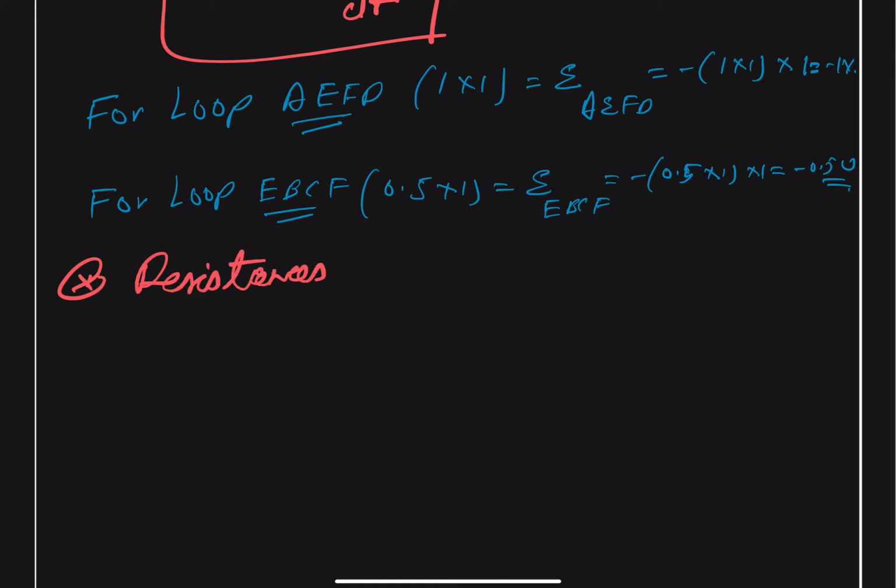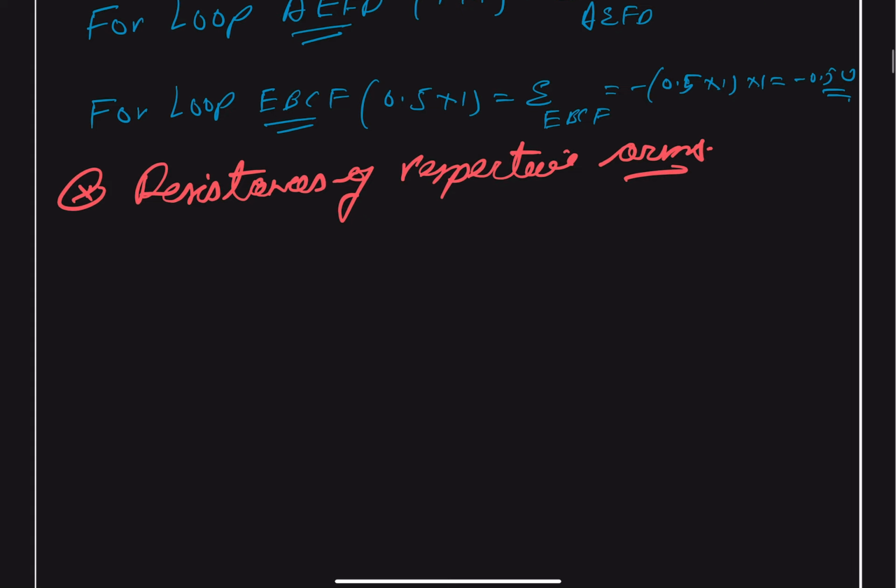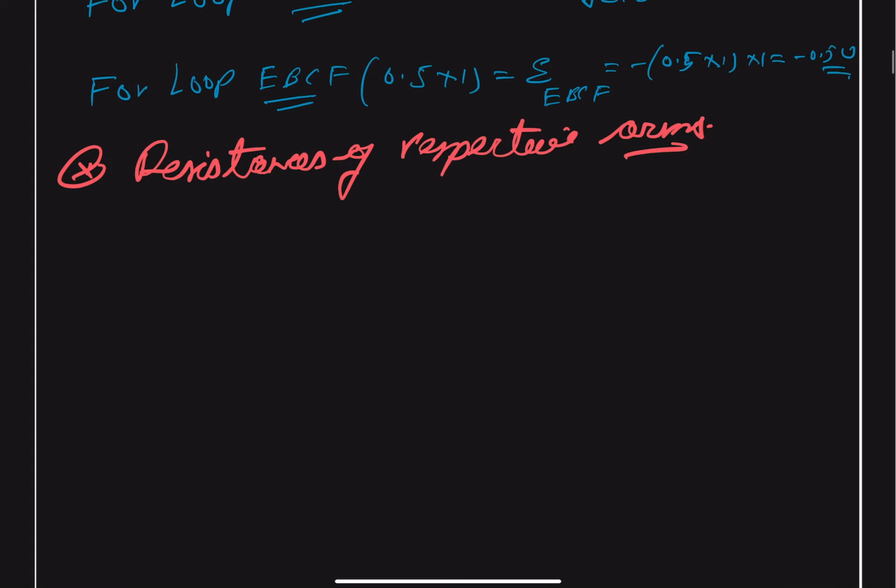Resistances of respective arms, and because the change in resistance is 1 ohm per meter, if you find out the resistance of the loop, which has 4 sides, each side is going to have an equal resistance. So based on this, we can say for our loop